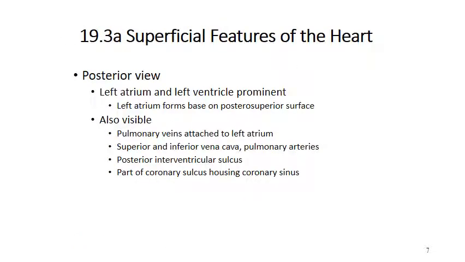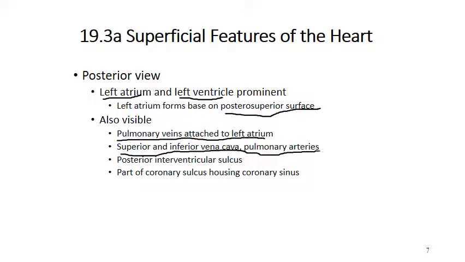Okay, so on the back side, the posterior view, we're going to see more of the left atrium and the left ventricle, and it's going to show that posterior superior surface. You'll also be able to see the pulmonary veins that are attached to the left atrium. You'll have the superior and inferior vena cava coming into the right atrium along with your pulmonary arteries, and then the posterior interventricular sulcus separating the left and the right side of the ventricles, and then part of the coronary